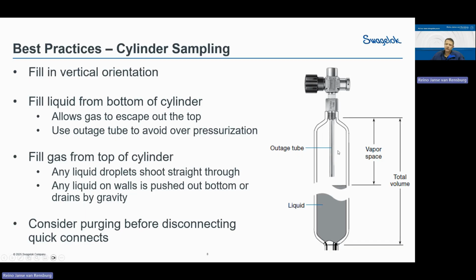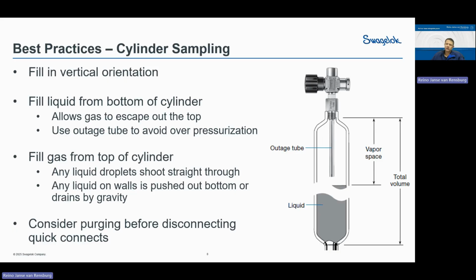Now, this vapor space is for that volatile liquid. Once that volatile liquid heats up, the overpressurization will go into this vapor space, and it won't affect your sample cylinder by making it swell, or get to a point where it could actually blow that cylinder or crack it, and you get your media exposed to the atmosphere.